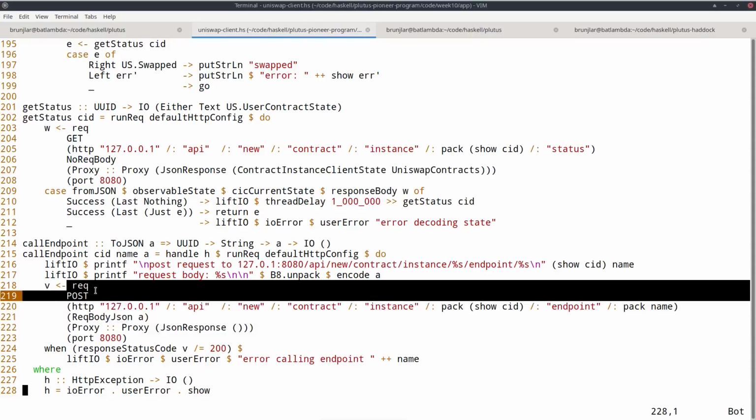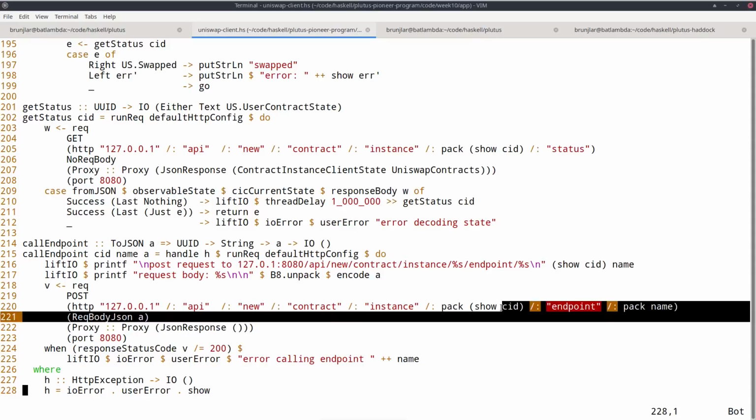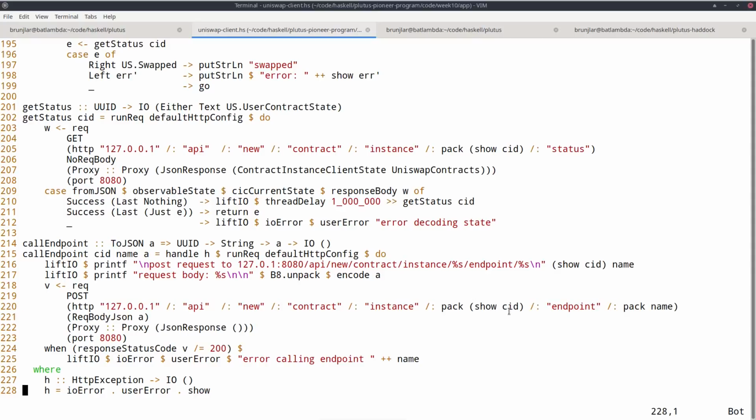This is the request. So it will be a post request. This is the URL, and I must give the instance ID. This is here. So this is of type UUID. So I just convert it into a string and then pack it to a text because this HTTP library expects text here. And the name of the endpoint.